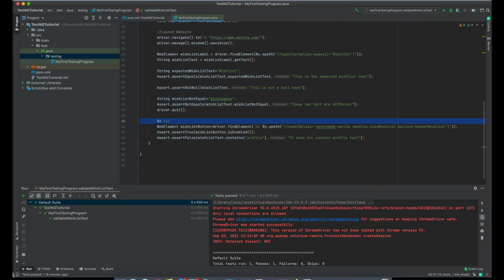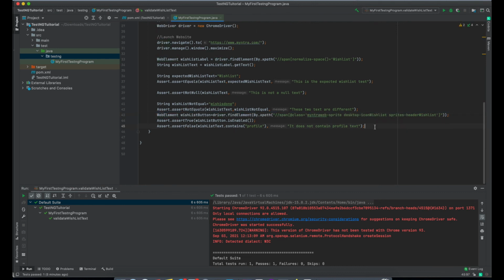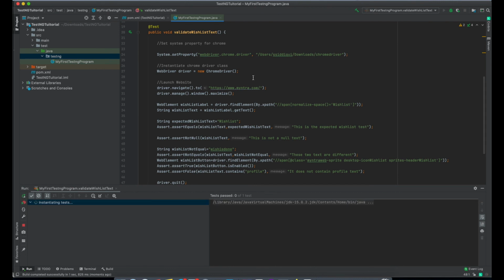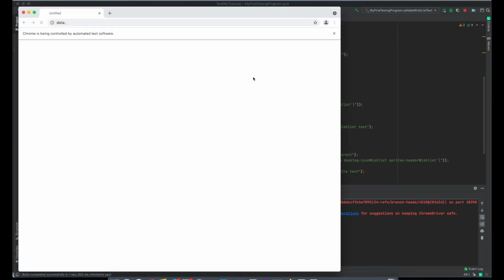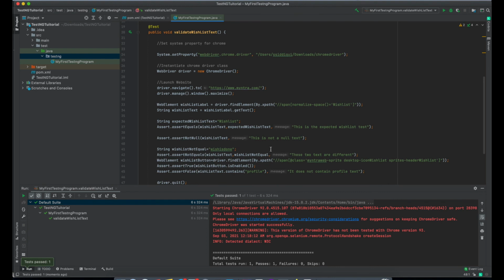We can just remove these things, and here we can write this at the end of the assertion, so that our program doesn't stop. Now we are going to see if it's working fine. So yeah, everything is working fine.